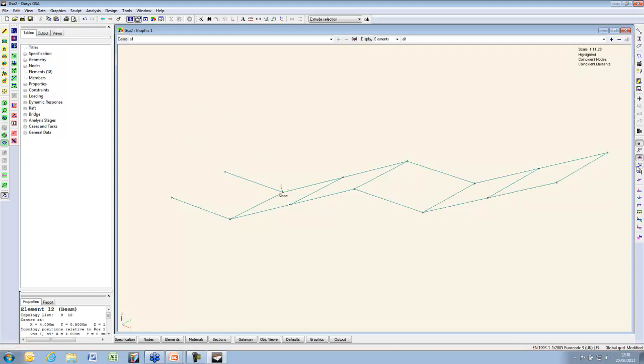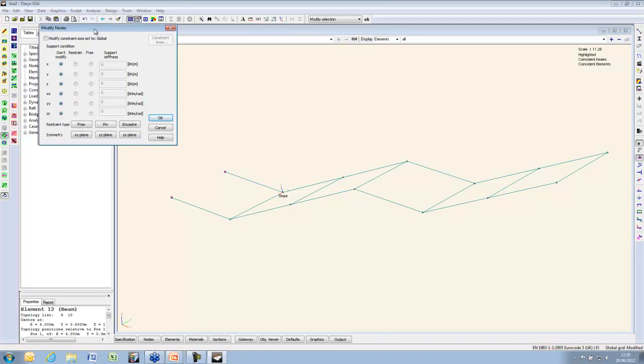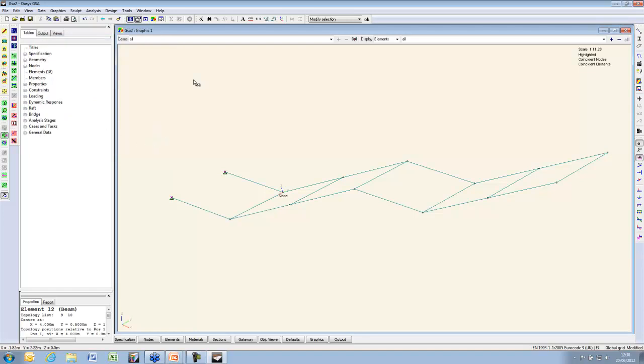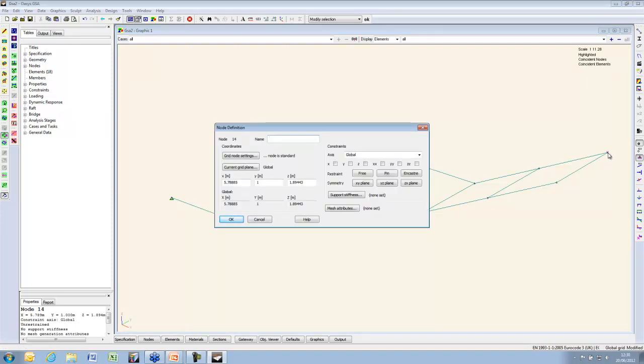Next need is support points. Now, support points, we can select nodes, and we can just modify these. And we can say these ones are going to be pinned. Alternatively, we can edit nodes. So let me double click on this node, and I can say I want this to be restrained